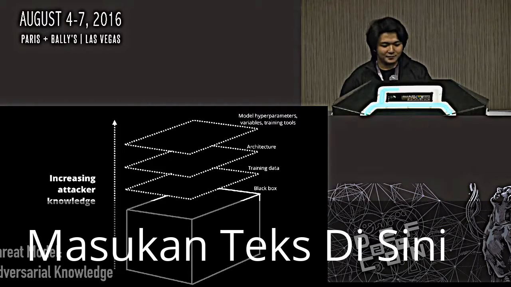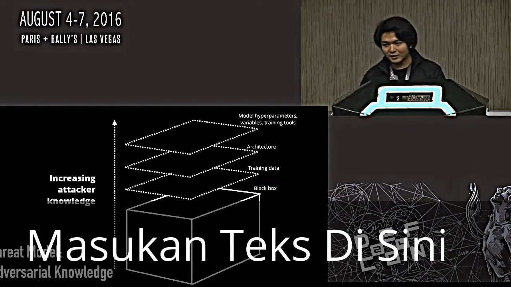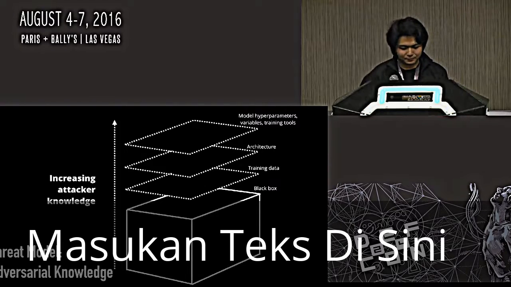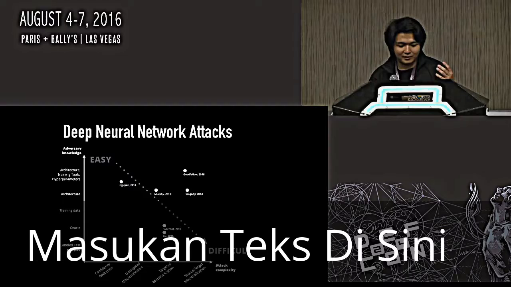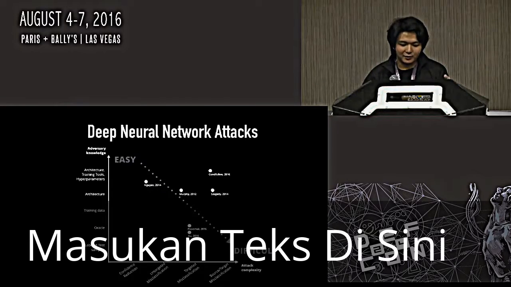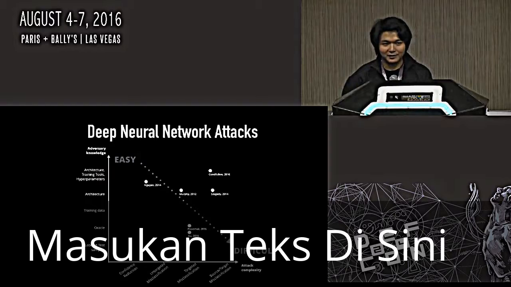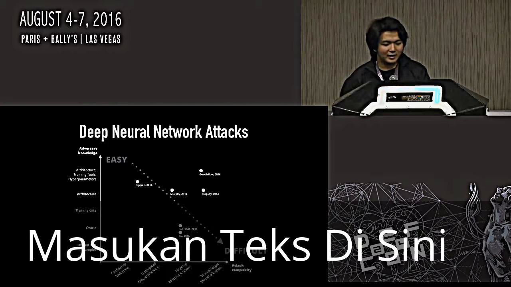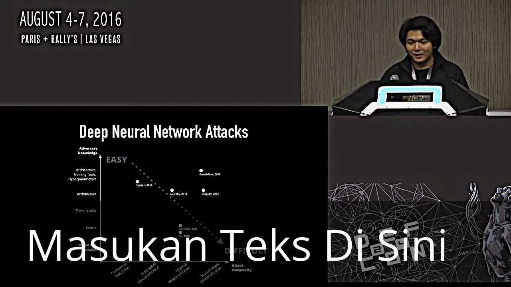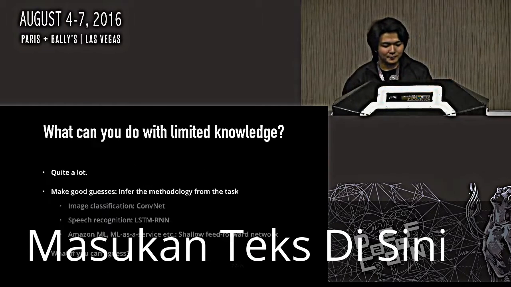So we'll look at the threat model. The more you know about the model, of course, the better you can do against something like this. If you know a lot about the architecture, if you know the training tools used, even the framework or library used, then you can simply use that and train the model and generate some adversarial images, and you'll be good. So that's easy. The hard thing is when you have only labeled test samples. Let's say you're dealing with an online service like Amazon Machine Learning as a Service or other machine learning as a service startups, and you wanted to induce some kind of misclassification on them. Then that's a bit harder, but you can still do pretty well.